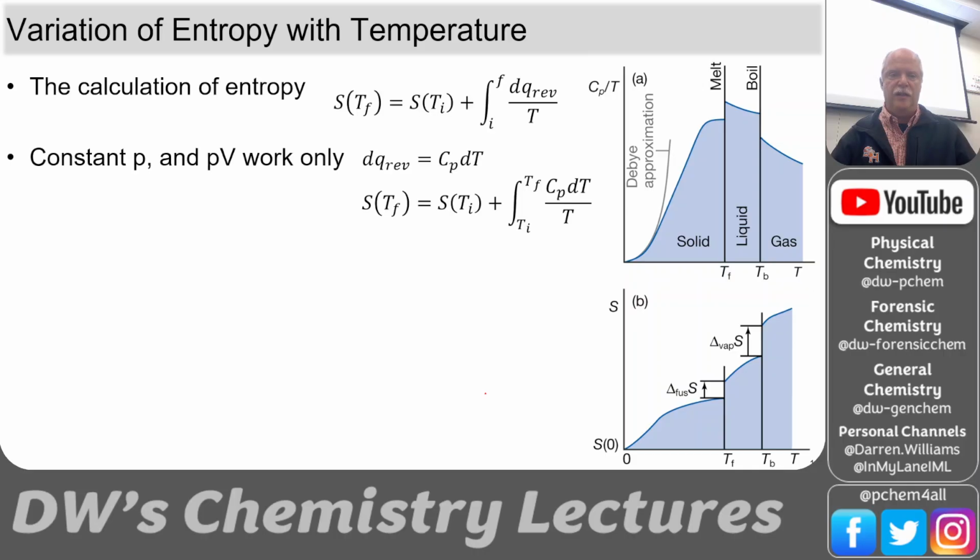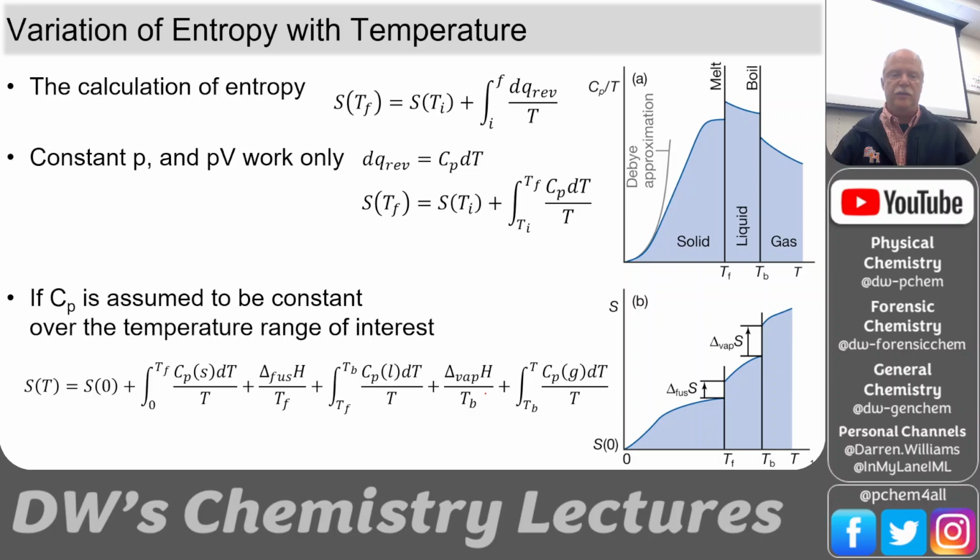So essentially, we can integrate all of these. So we'll just jump to this bottom equation. If we stopped at some point along the trail, let's say we stopped here, we're still in the solid, so we would just come up to our final temperature right here, and if we knew the heat capacity of the solid, then we would be able to calculate the entropy up to that point. If we go past the melting part, we bring in this piece, that's the melting.